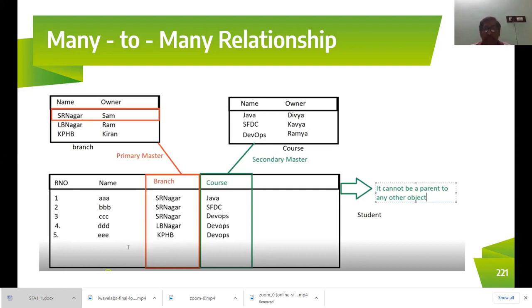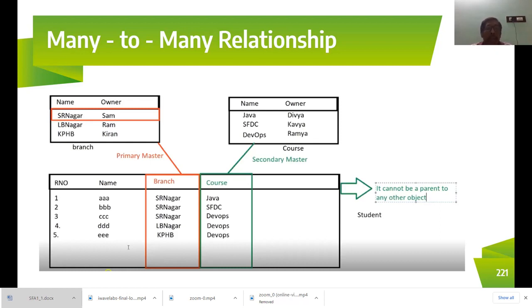Branch is going to be a primary master and course is going to be a secondary master. And between these two, there is an object called student which acts as a junction object. Now you can very well understand what a junction object is. Between these two objects, we are going to have one more object, the student object, which acts as a child object between branch and course, right?